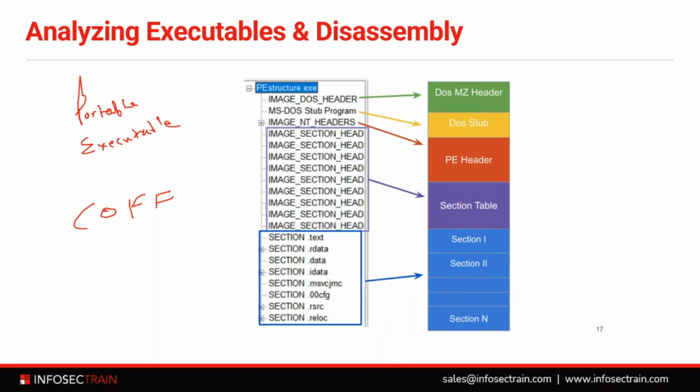So in order to support all Windows flavors, the PE file format was created. Right. Now here, if you see in this image, at the very top, we have the DOS MZ header. So the first 64 bytes of a PE file is known as the DOS MZ header,